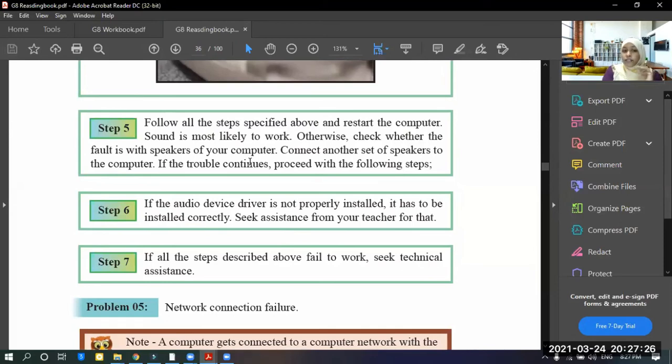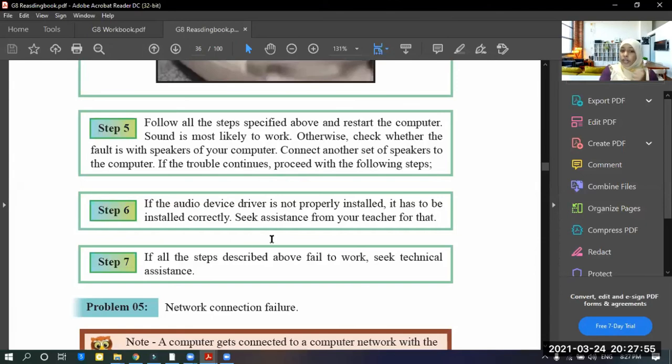So how to check whether the speakers are not working or the speakers are having the fault? Connect another set of speakers to your computer and check whether those speakers are working or not. Okay, if those speakers are still not working, then the audio device driver may not be properly installed, and it has to be installed correctly.